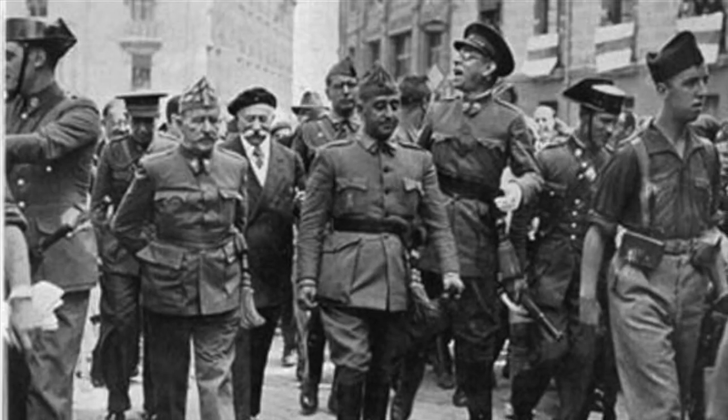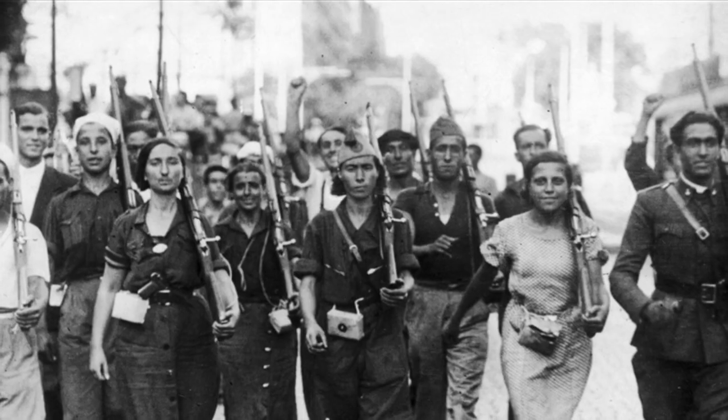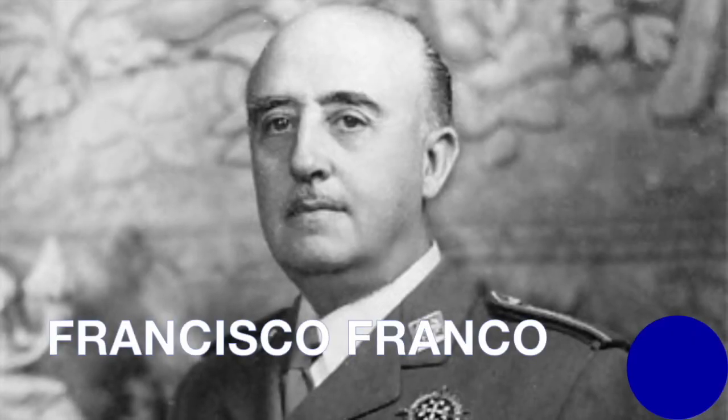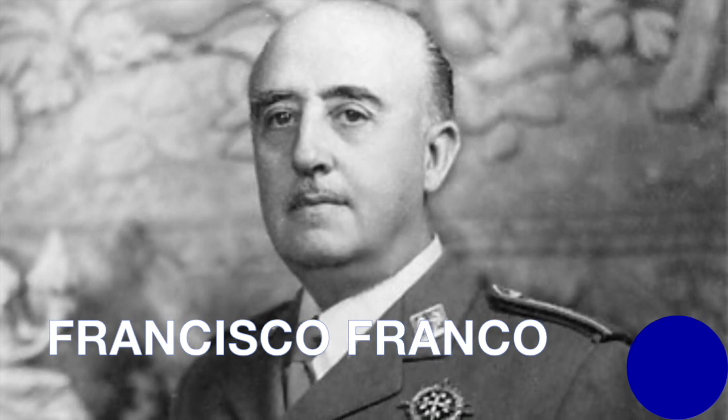The war was fought between the nationalists, led by Francisco Franco, against the Republicans. Francisco Franco ended up victorious. He was a military general who, after his victory over the Republicans, established a totalitarian regime over Spain that lasted until his death. This period in Spanish history is known as Franquismo, a period of censorship and economic failure.